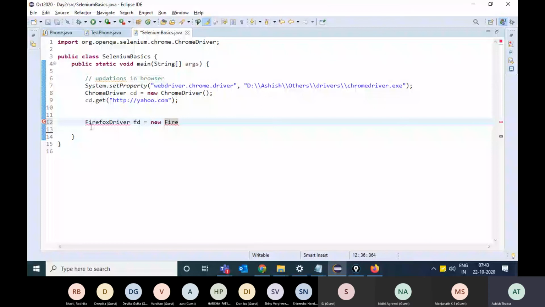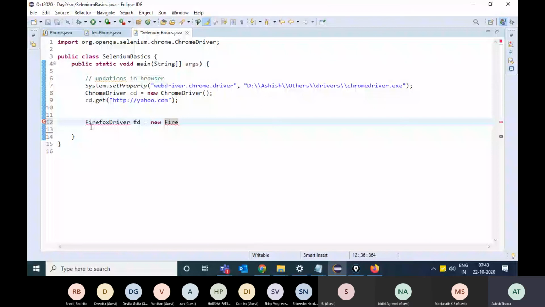And you can give the same command, Firefox driver dot get to the URL http yahoo.com. So this will take Firefox to Yahoo, but if I run this code, I will get an error because I need to set the property of the exe. You will get an illegal state exception.